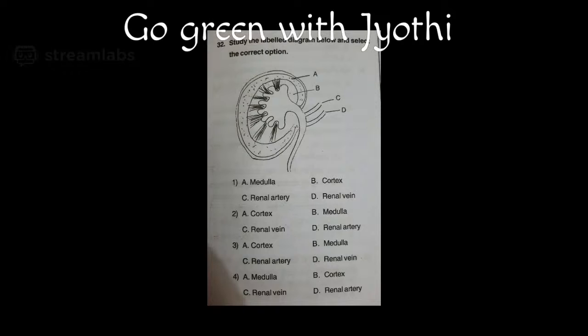Okay, so in this, always the pure blood goes from the upper side and the impure blood is collected from the lower side. I gave all the clues. Now, all of you identify the correct option. The outer part is called cortex. The inner part is called medulla. The arteries collect pure